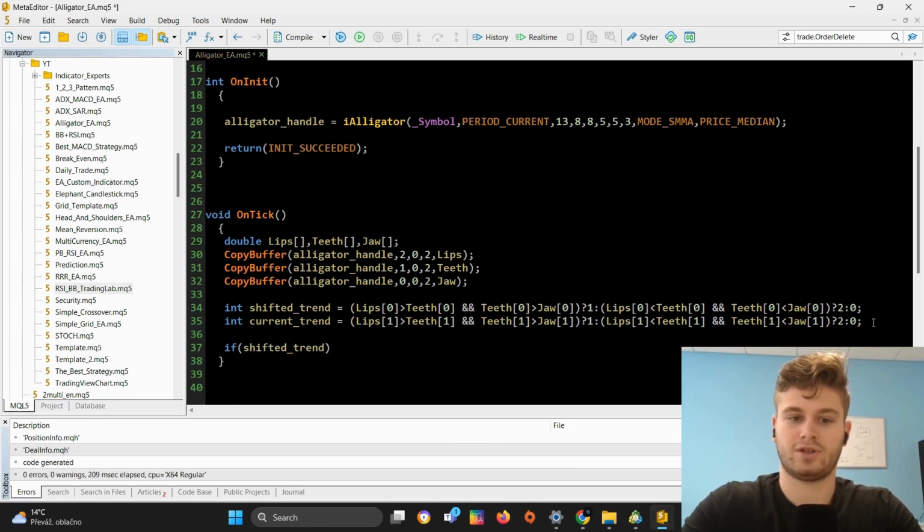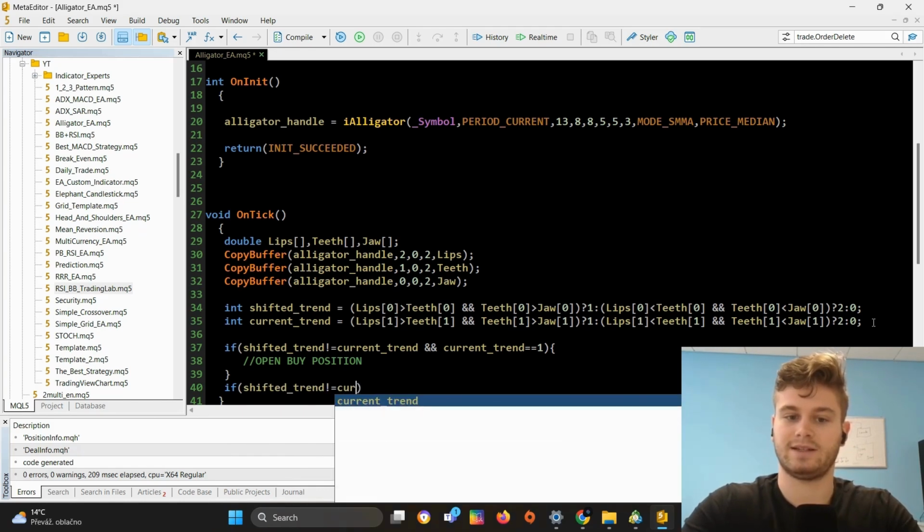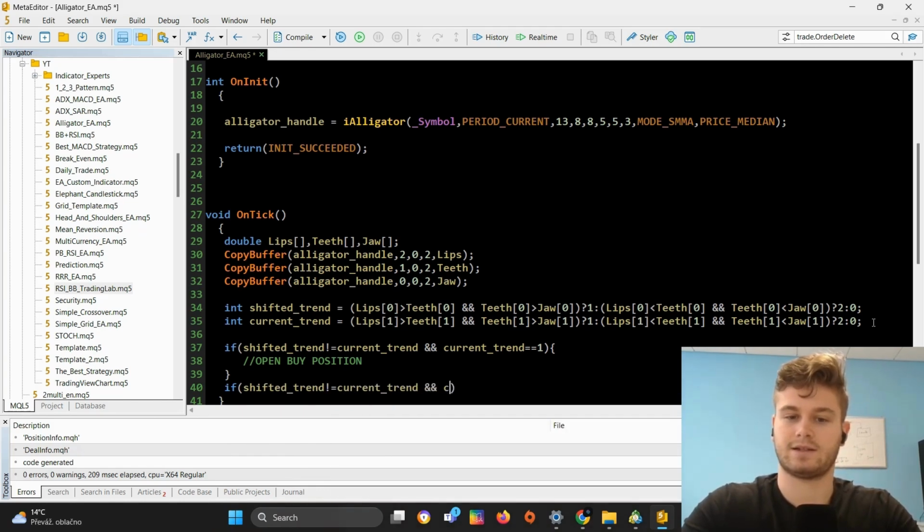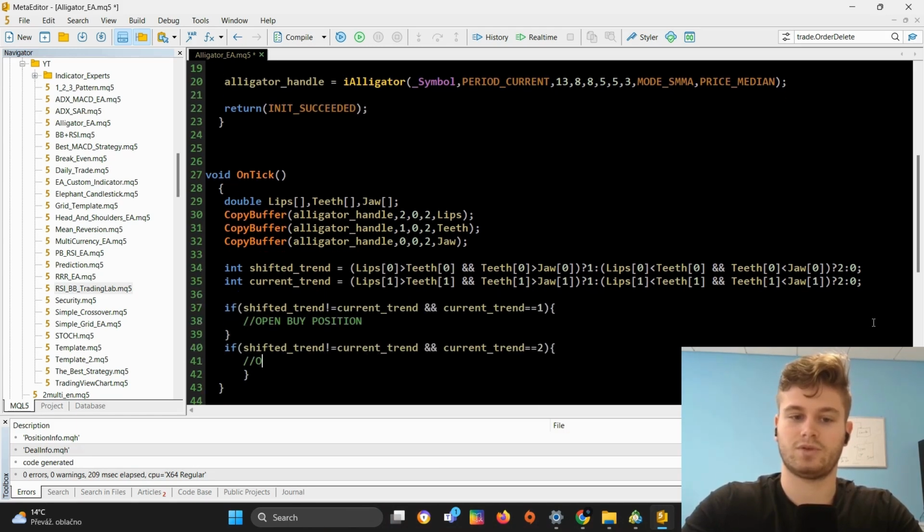So if shifted trend is not equal to current trend and current trend is equal to 1, then we know that we should open a buy position. And if shifted trend is not equal to current trend and current trend is equal to 2, then we know that we should open a sell position. So by doing this we are able to catch the crossover. So yeah,